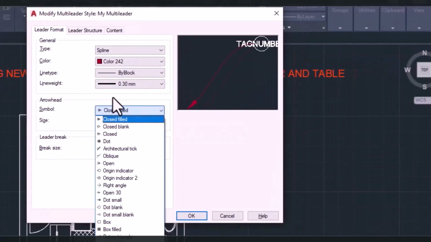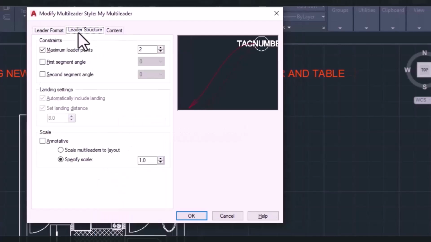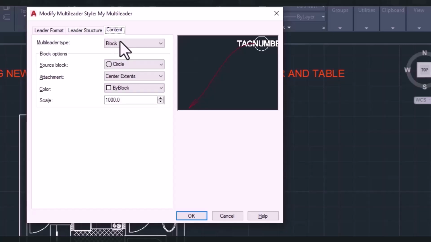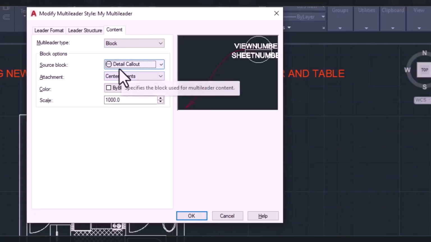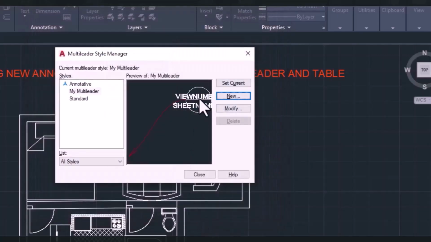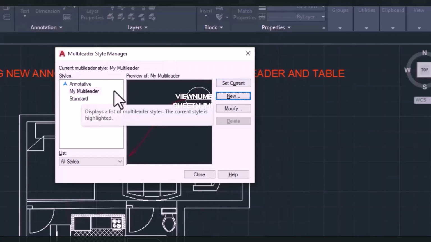Select my symbol as open. Okay, and I will go to the leader structure. I will increase my points to 3. Okay, I'll leave every other thing as default. I'll go to content. This time I will select block and I will select my detail callouts. Okay, I will leave every other thing and I'll press OK, and immediately my newly created multi-leader style is being